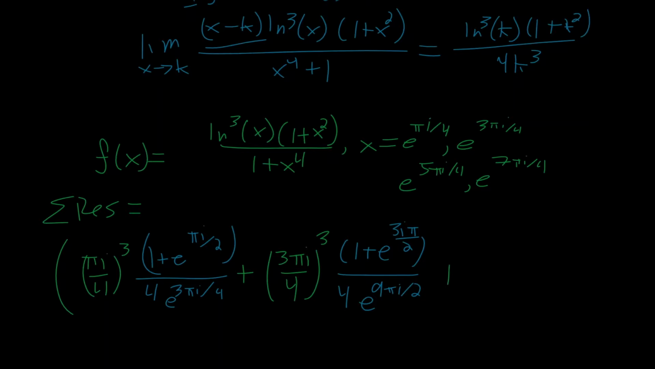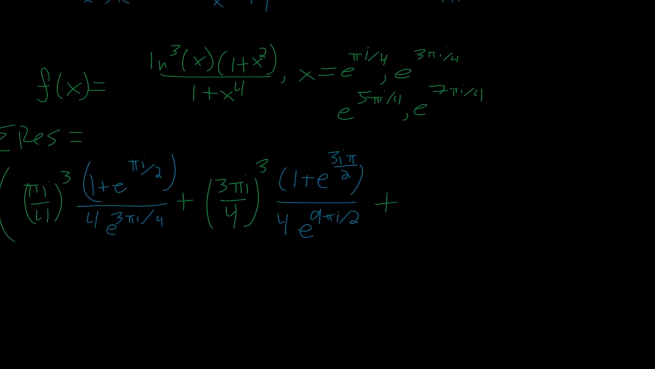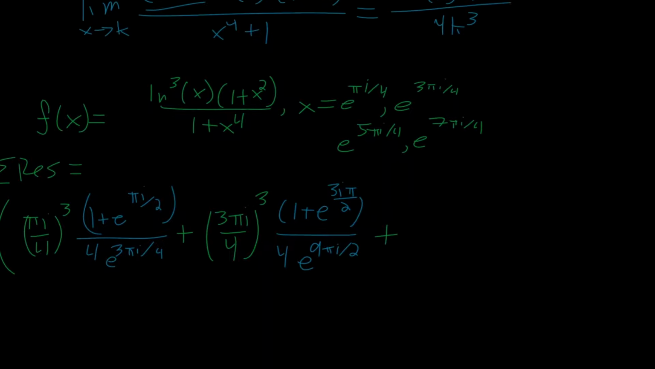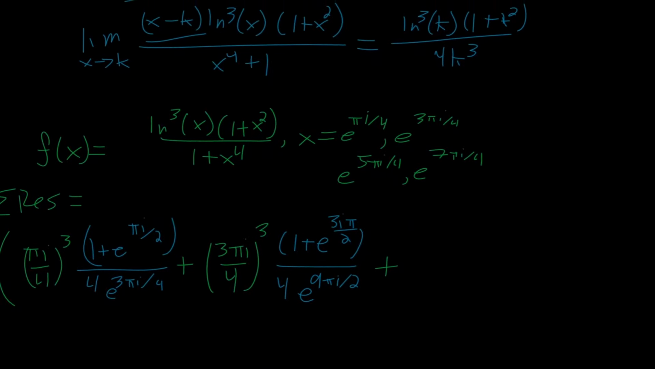And then we're going to have plus, it ends eventually, I swear, plus 5 pi i over 4 all cubed. And then we're going to have our 1 plus e to the 5 pi i over 2 divided by 4 times e to, well, it's 3 times 5, it's going to be 15 pi i over 4. And then one more time, plus, this is the one downside to complex analysis, it does get a little bit messy at times,